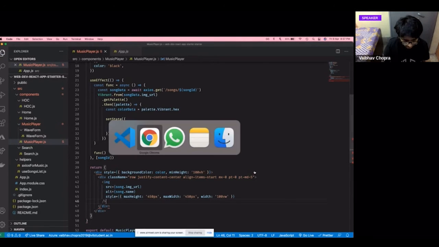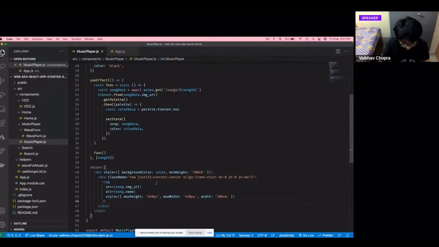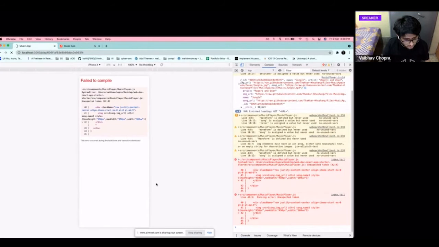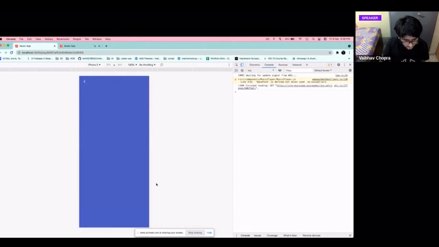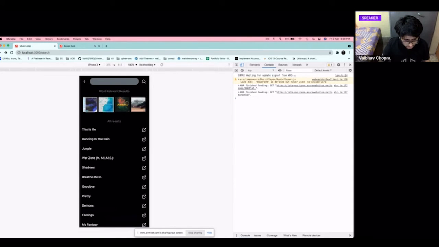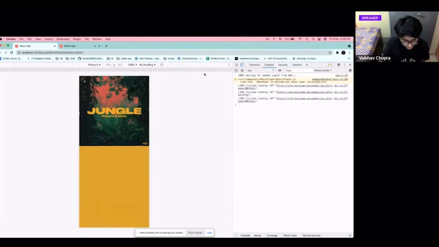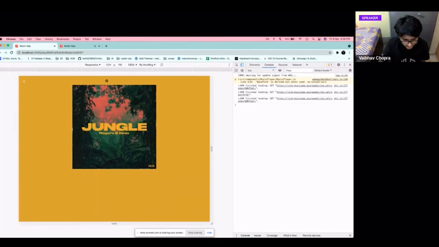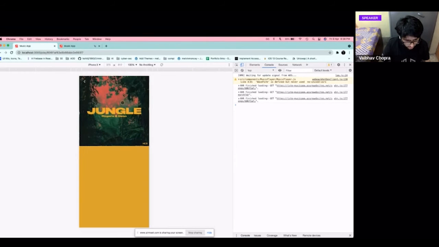Okay. So let's see what it looks like now. Have I made any errors? Let's see. See, now the image is looking perfect. Let's say I pick some other one. Let's pick jungle. See, the image is loading. On bigger screens, it is having a proper padding and it is not going beyond 450 pixels. But on displays like mobile, it is not having any issues as well. Let's move back to iPhone 10.